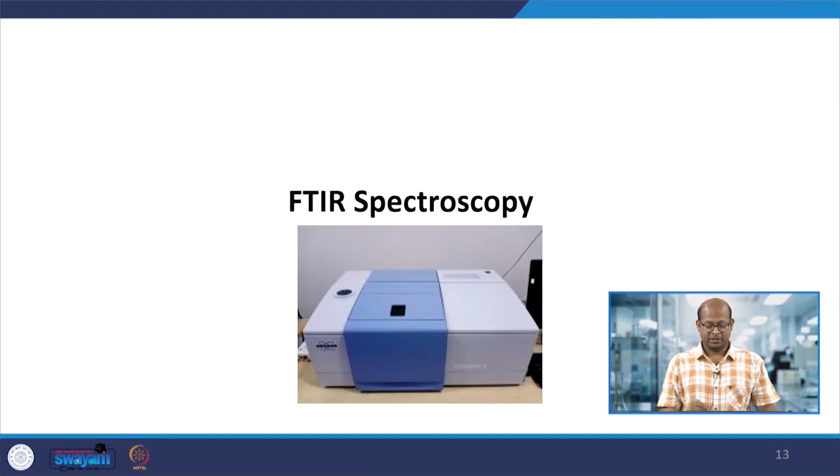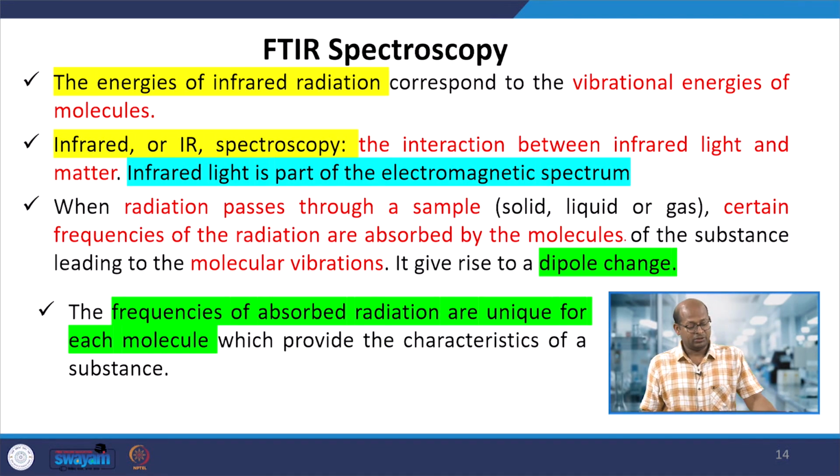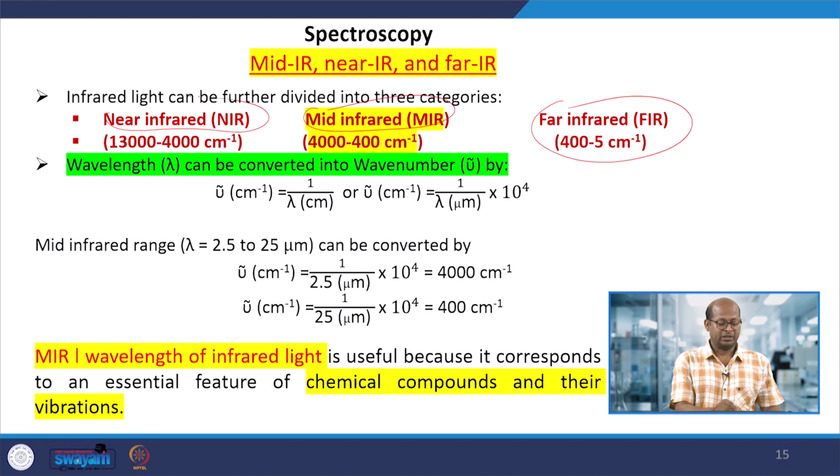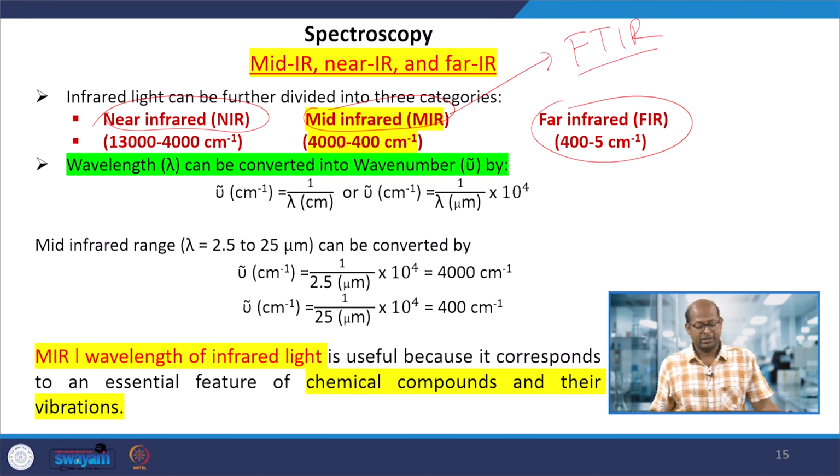So here the FTIR spectroscopy looks like this. When molecules have some dipole moment change, then with the help of IR spectroscopy we can get the vibrational change in that molecule, and that kind of information we can get with the help of FTIR spectroscopy. I said the IR range is far, mid and near IR range. In FTIR spectroscopy, the mid IR range is used, that is 400 to 4000 centimeter inverse, within that